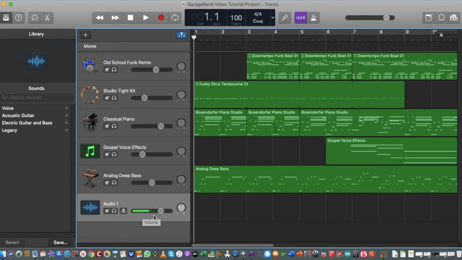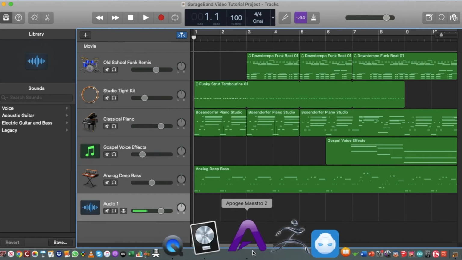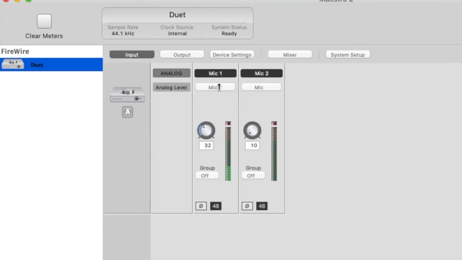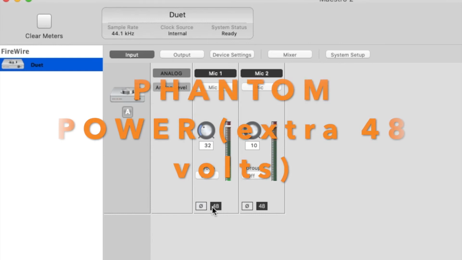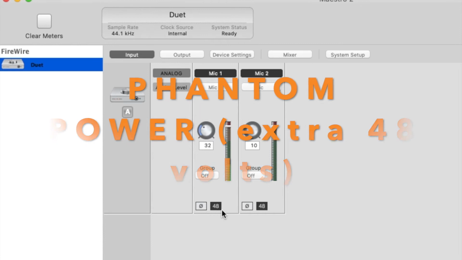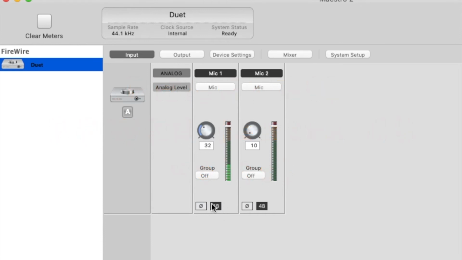Now, what I did before I actually opened this track is I went to my external sound card, and this will differ from Mac to Mac depending on what kind of external sound card you have. You might not even have an external sound card and you're just using the internal microphone. You don't even need to worry about this if that's the case. But I have set my input 1 to microphone, not line in, which would usually be this one here. And I've actually got this thing called phantom power turned on, okay? So that sends an extra voltage into the microphone to get more power out of it. And again, you don't need to worry too much about that today, but you can experiment with this